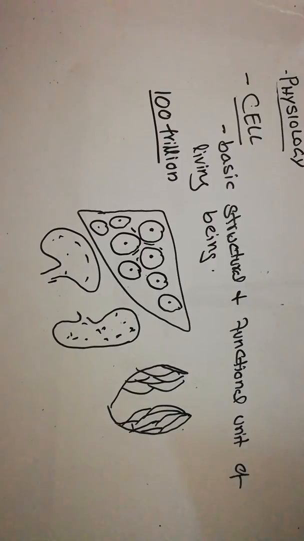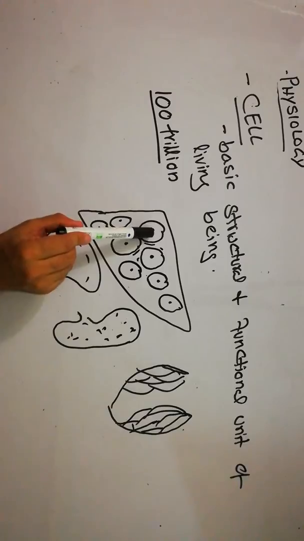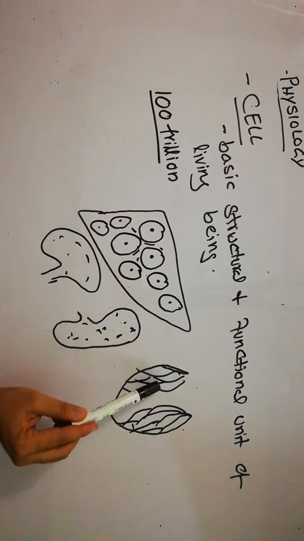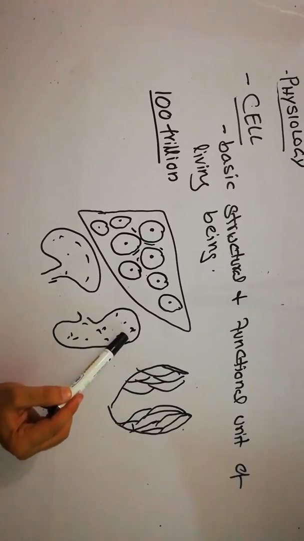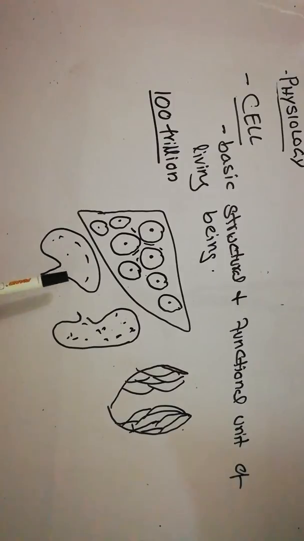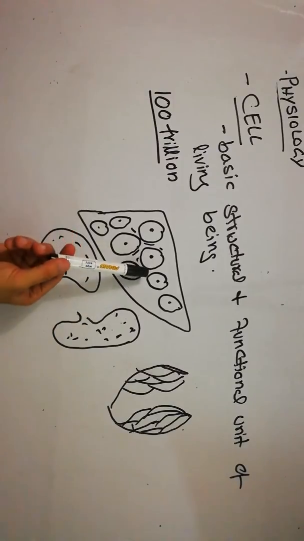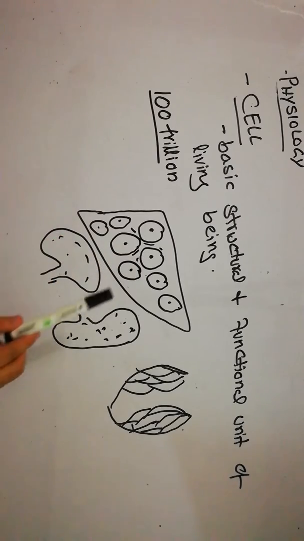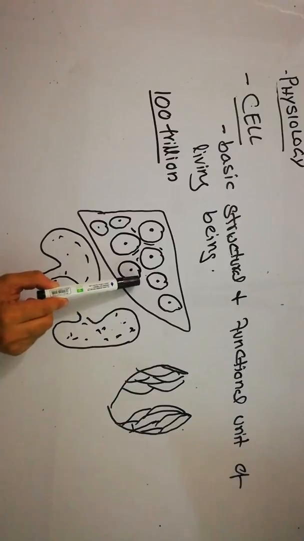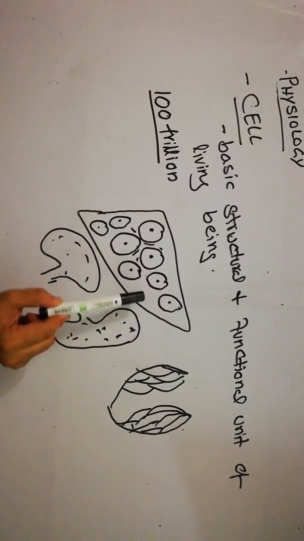Each type of cell or each group of cells has its own characteristic structure and function. For example, cells in the liver have their own structure and their own functions. Cells in the heart have their own structure and their own functions. Same goes for the cells in the kidneys and cells in the brain. While cells in the liver will give it a triangular shape and a function of detoxifying the toxics, cells